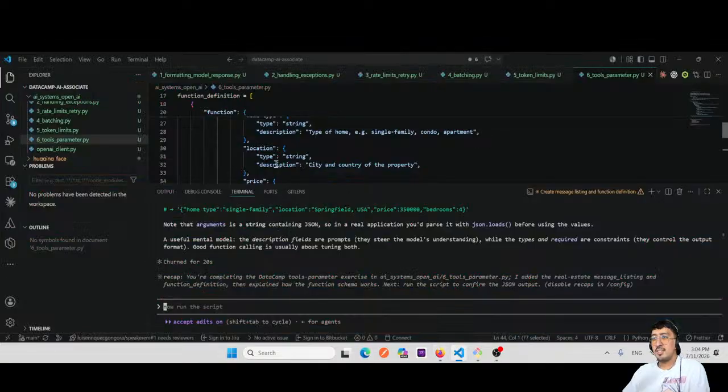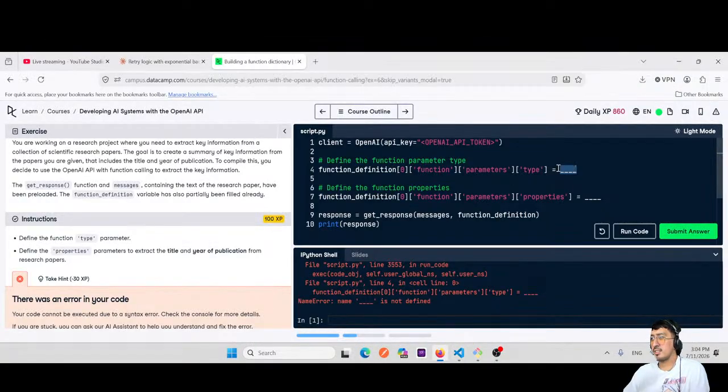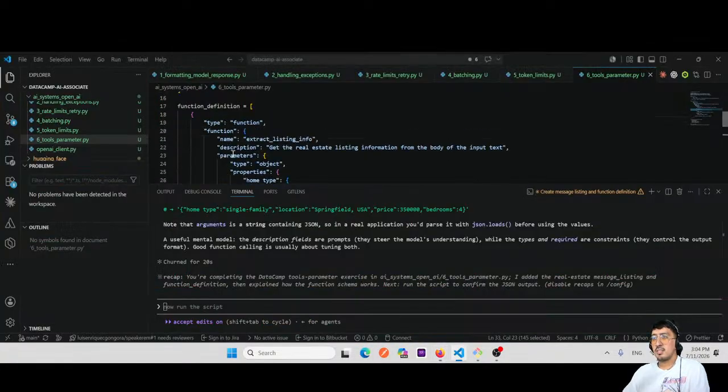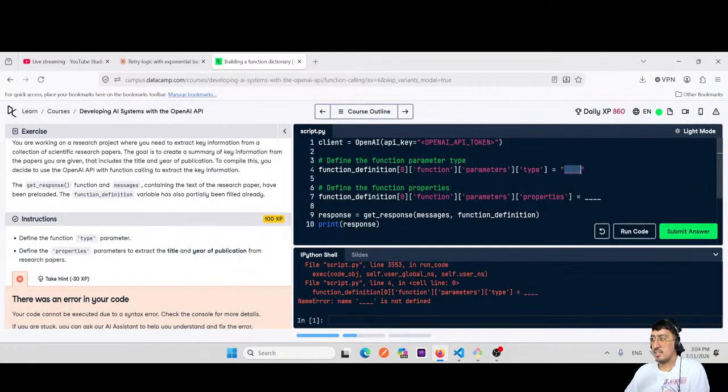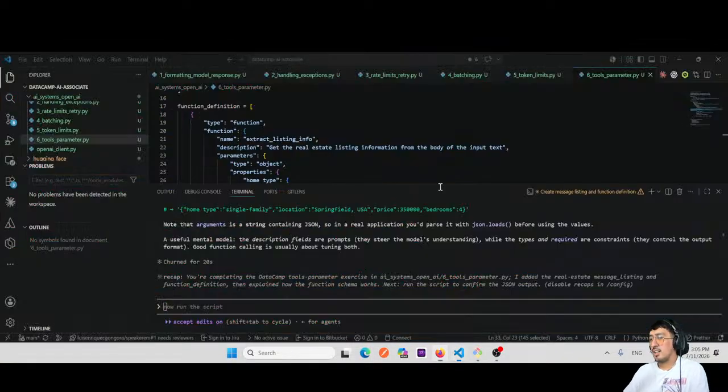And this is like an object. So the parameters type should be an object. So that's clear. And about the parameters,